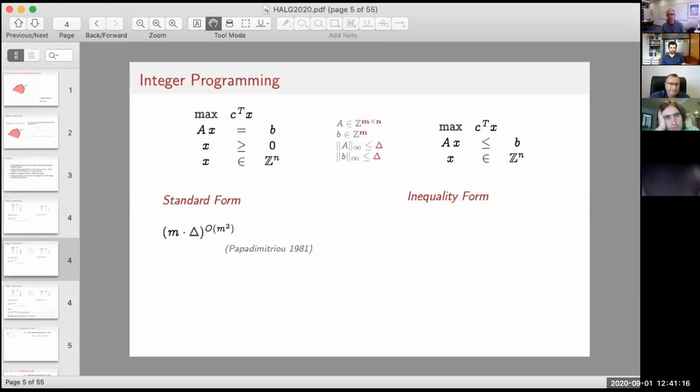Now we assume that we have few of these constraints. And when we have few of these constraints, there is a classical algorithm of Papadimitriou, which has the following running